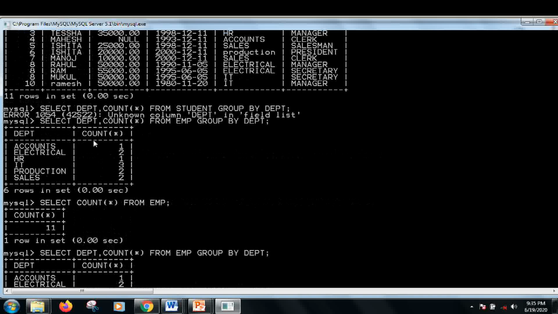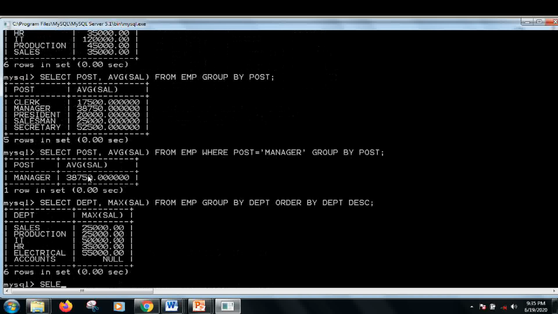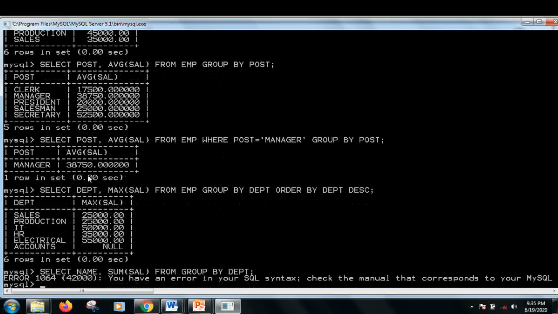If I try to display the name along with the salary of the employees, grouped by department, it is giving me an error because I am using a non-group expression name here.